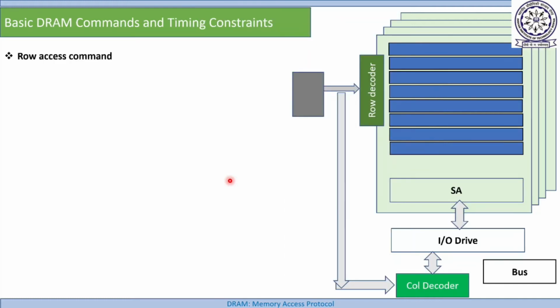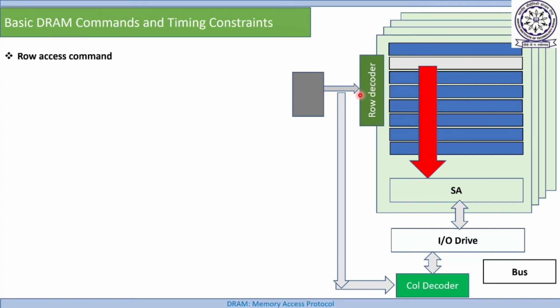Next we'll discuss timing constraints. I also explained the importance of timing constraints: suppose a controller issued a command, then the controller should know after how much time it should issue the next command. So these timing constraints are very important. First of all, we'll discuss the timing constraint for the row access command. How is the row access command executed? First of all, a command will be sent from the controller to the DRAM device, and this time is TCMD. This time is common for any command. The time required for any command to reach from the controller to the DRAM device is called TCMD, T command. Once this command reaches here, we say the command is issued.